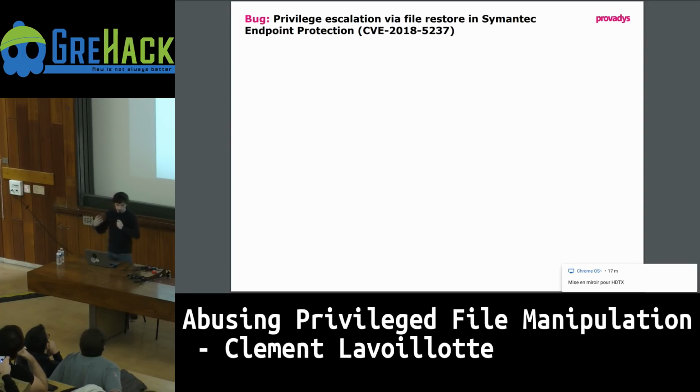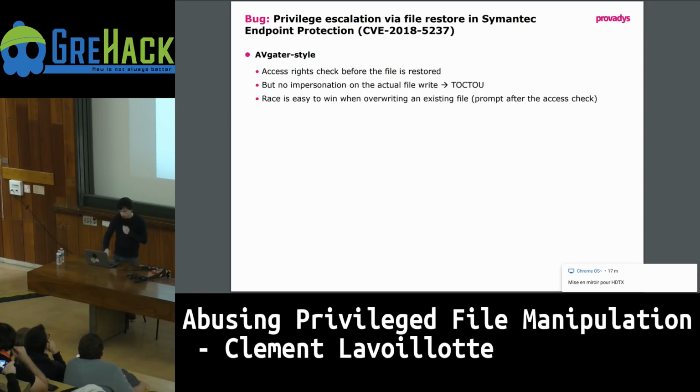An example of a similar bug that we found last year is in the Symantec Endpoint Protection, where there was actually an access right check before the file was restored, but there was no impersonation on the actual file write operation, so a kind of TOCTOU bug. And the race was really easy to win, because if you wanted to overwrite an existing file, you would get a nice prompt, and the file write would happen only after that prompt, and the check would happen before the prompt. So you just have all the time in the world to